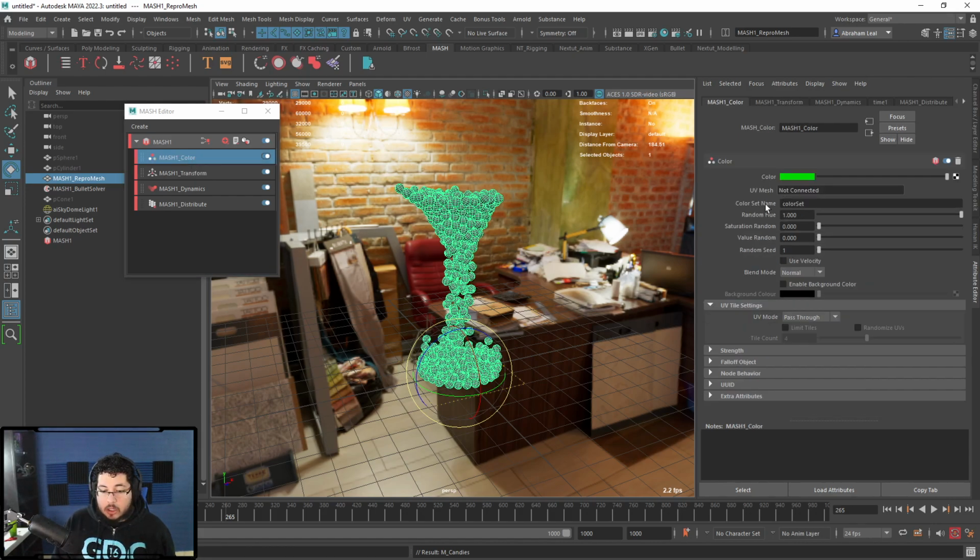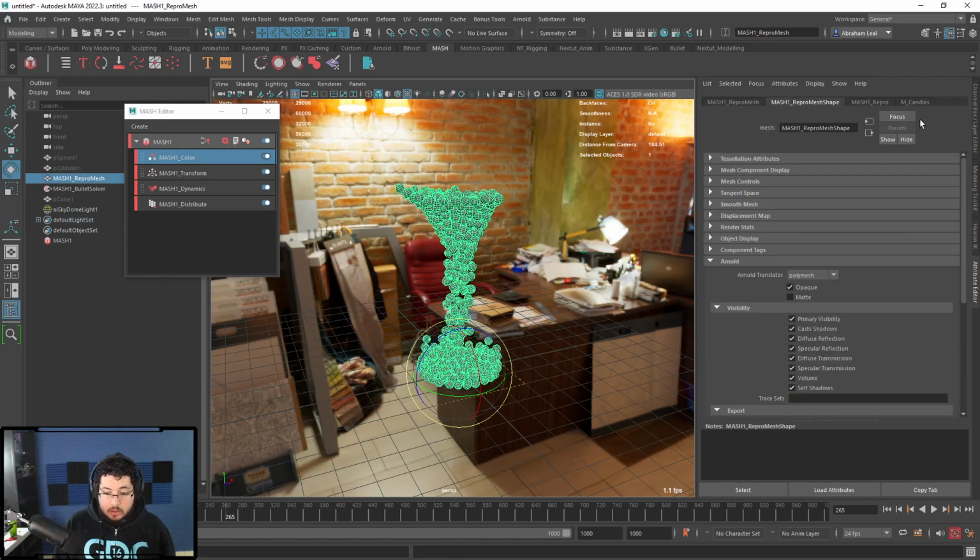You're going to see that here on the color set name, that's the name that's being expelled when we create this sort of variation. Maya knows that this name, color set right now, is the name that's being used to assign specific colors to all of these little spheres right here. And we can actually change this. Let me try and see if it works. Sometimes it kind of bugs out and doesn't work. I'm gonna call this candies set, and we're gonna Control C this name because this name is gonna be very, very important. So now if we go back to our, what's the word, to our mesh right here,